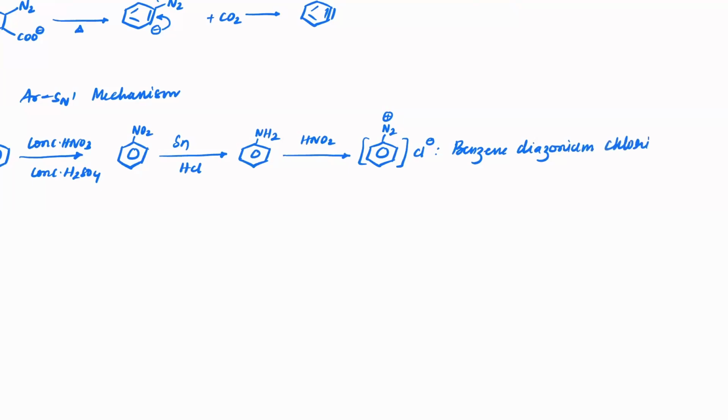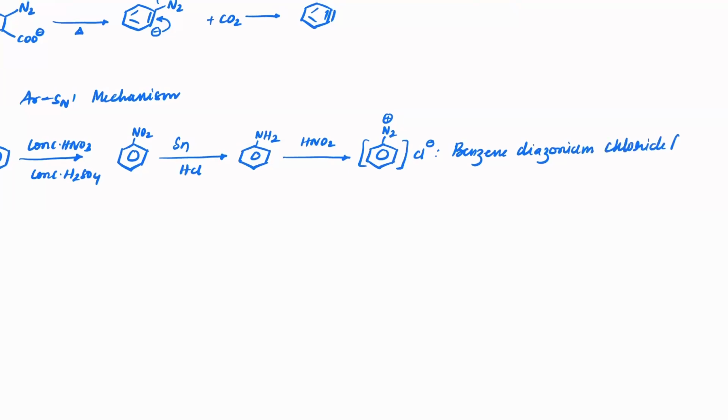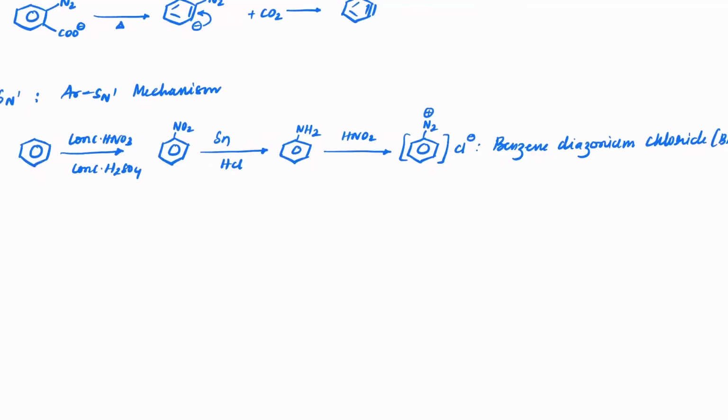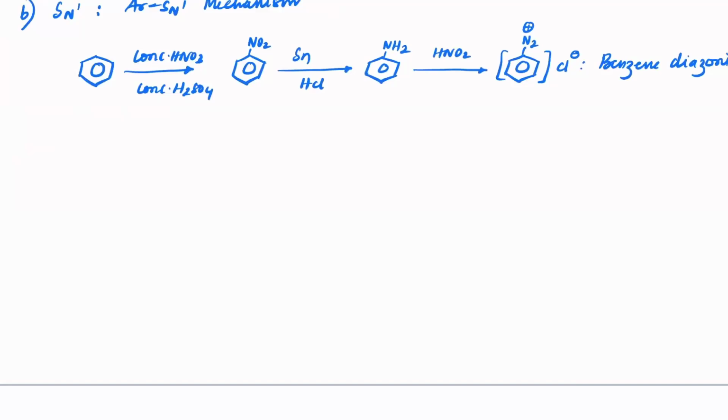Industrially, we call this BDC, benzene diazonium chloride. Now let's see how this last step is happening. When you take NaNO2 and react with HCl,